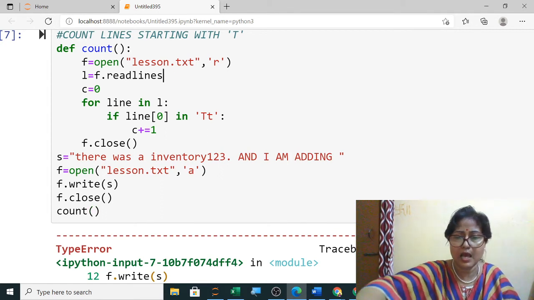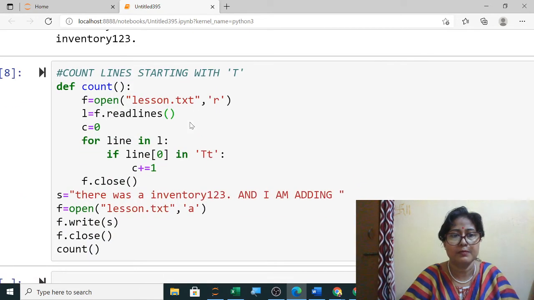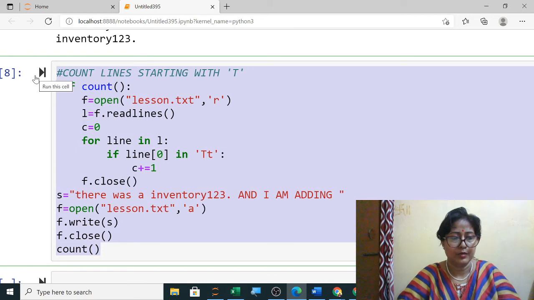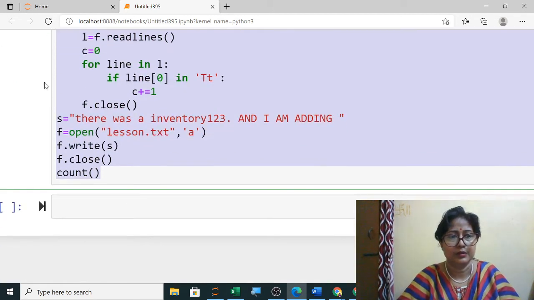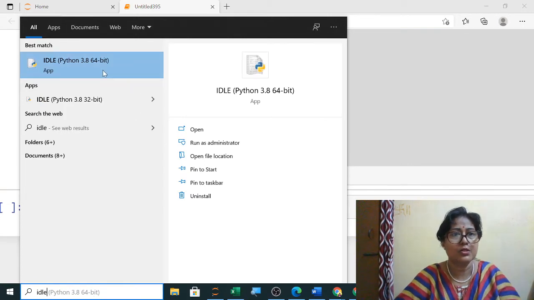Readlines will have the parenthesis. Yes. Now it should get executed. Why is it taking so much time?